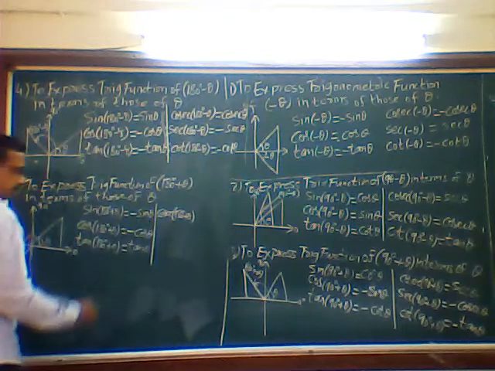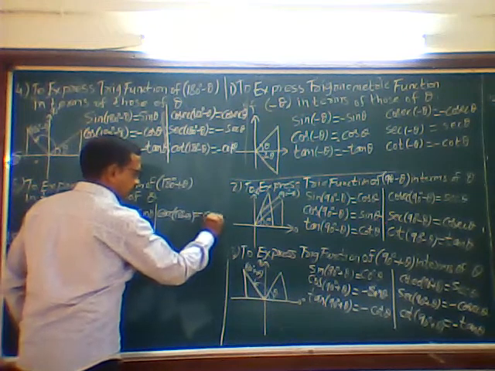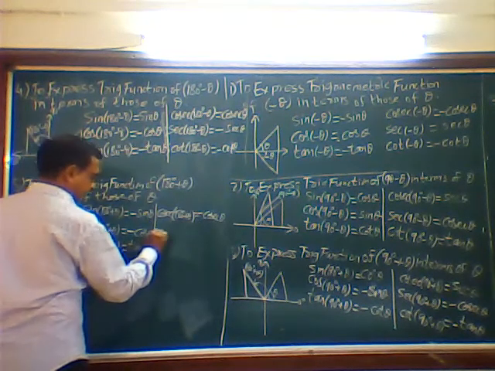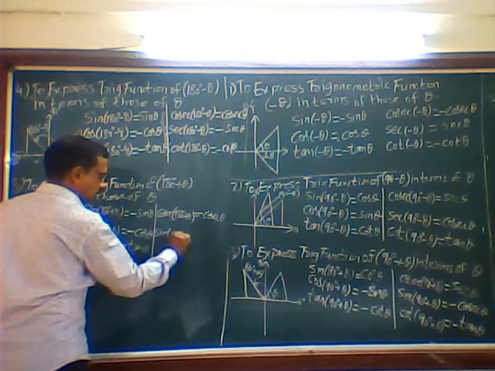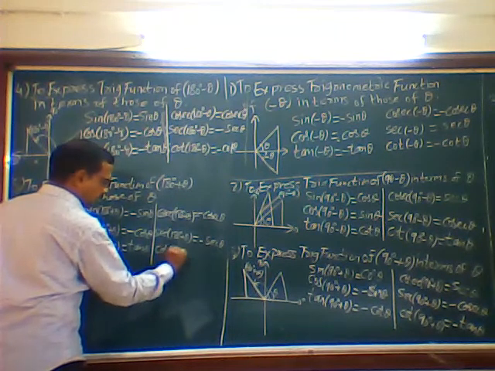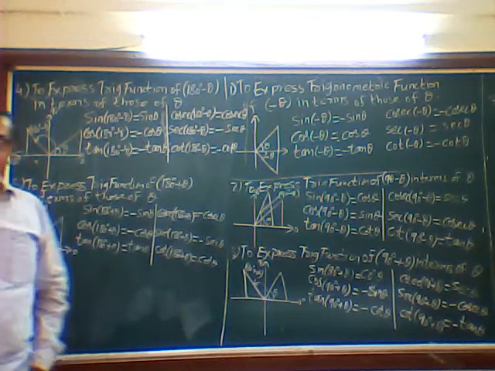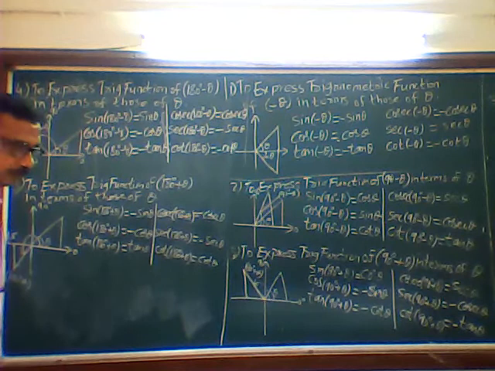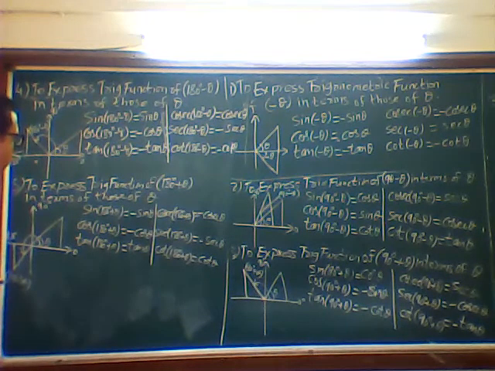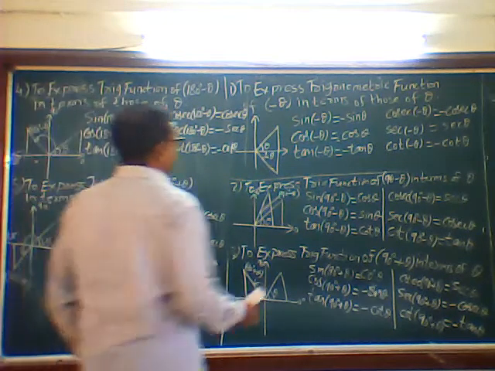Cosec of 180 plus theta. It will be what? Again it will be negative cosec theta. The ratio remains the same. Then sec is also minus sec theta. Cot: tan and cot are positive here. Positive cot. So everywhere four will be negative, two will be positive. Okay. So now 180 minus theta is over, 180 plus theta is over. Now in the same way 270 minus theta, 270 plus theta, then 360 minus theta, 360 plus theta. Okay. Now I will write it here.